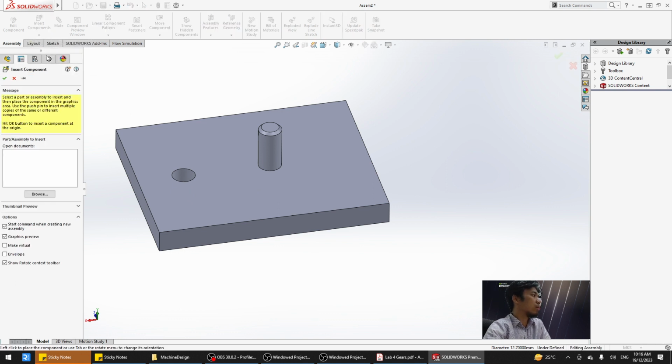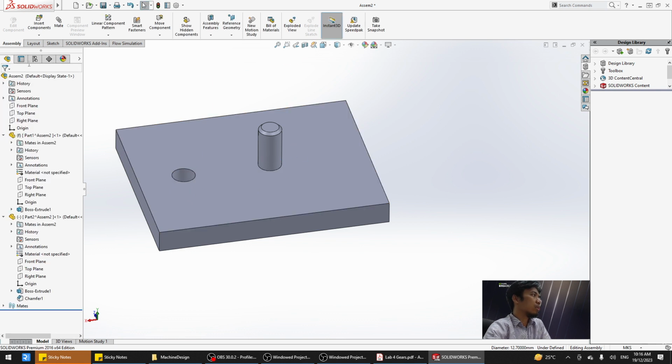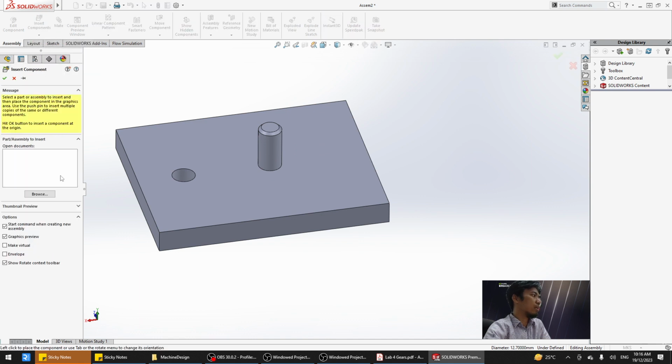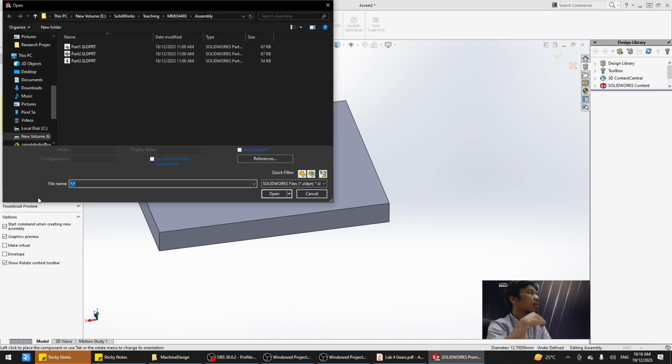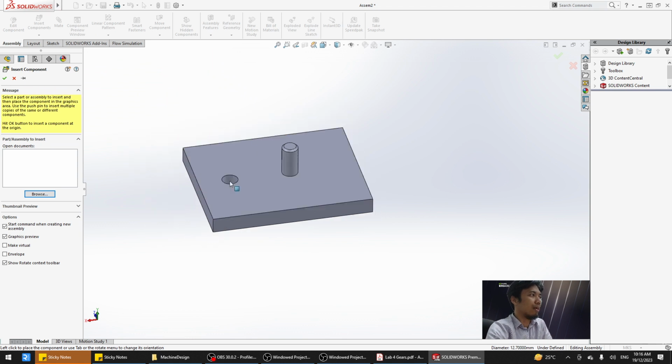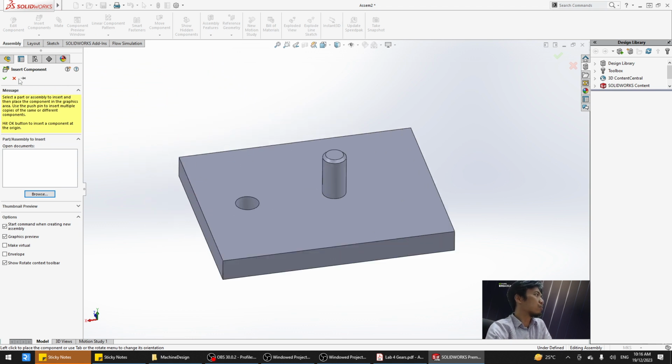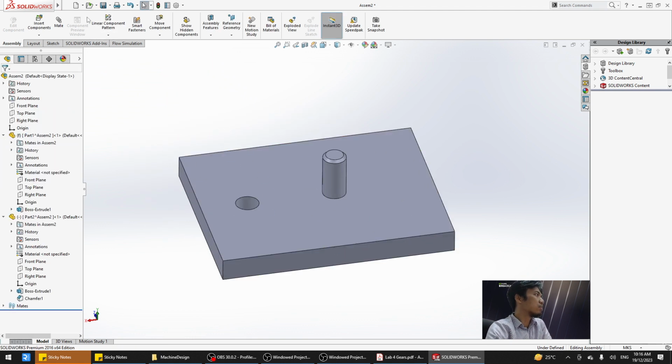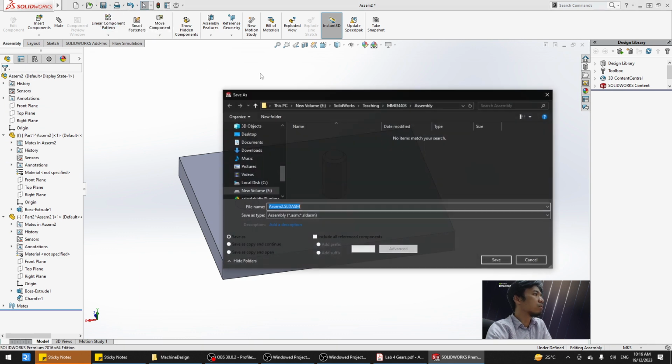Insert component, which because we already designed it, so we don't need a new component here. We just insert a component that we already designed. So browse to the part that we already saved. We still haven't saved it here, so we need to save it first. To save it first, save all,